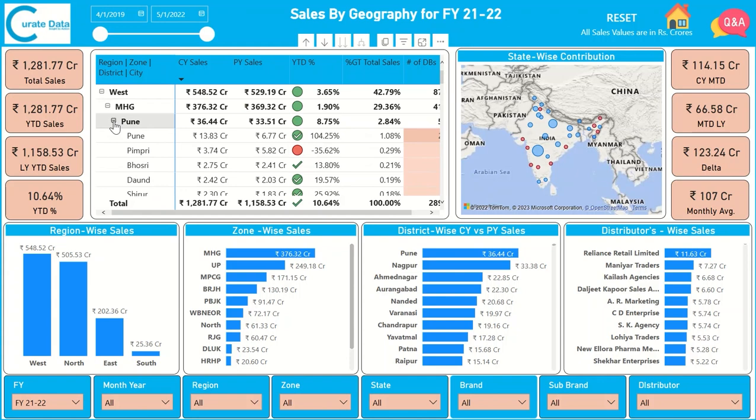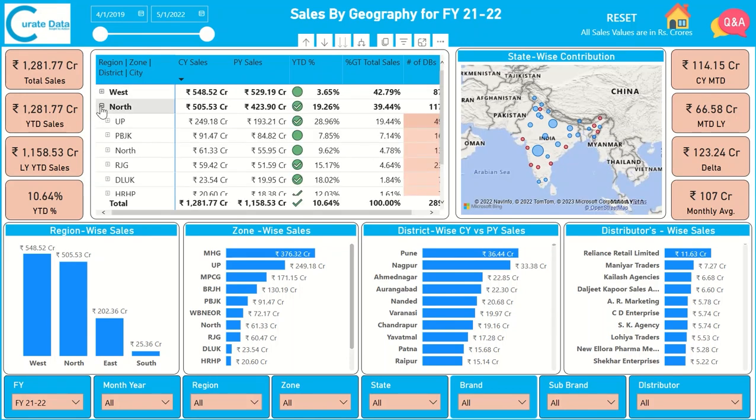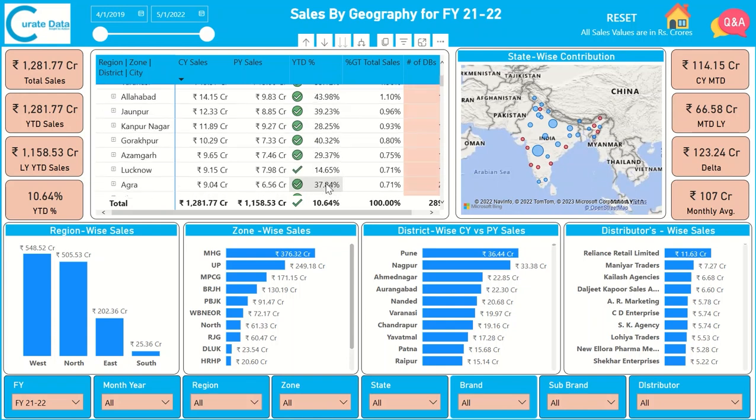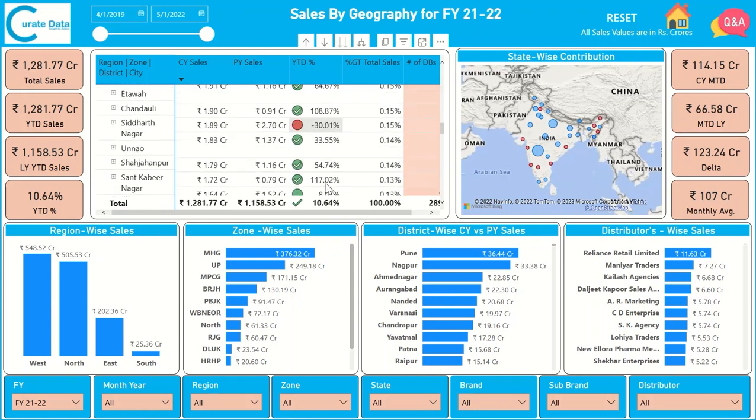Right, so similarly you can see for any particular district, Nagpur for example. If you want to come towards north, select north. Under north, you can see all the zones coming under north. For example, let's take UP. UP is growing by 28.96% overall. Varanasi is growing by 33%, Allahabad is growing by 43%, Jaunpur is growing by 39%, Kanpur Nagar is growing by 28%. So mostly all the districts under UP are growing, as you can see, but